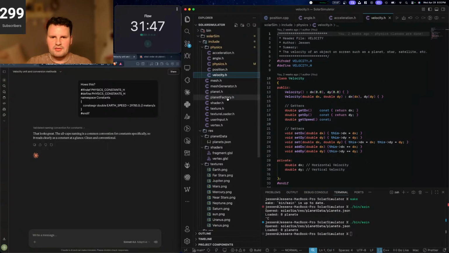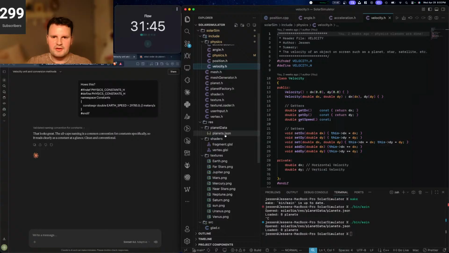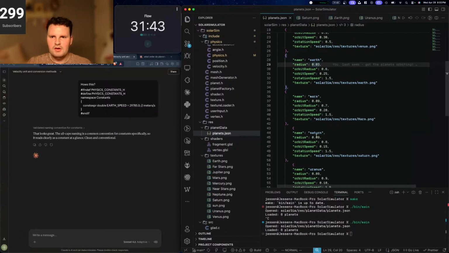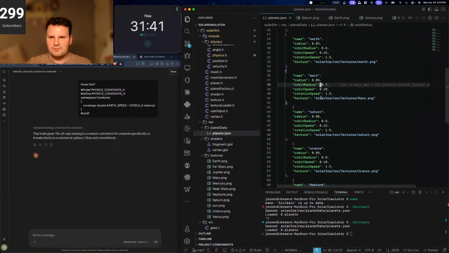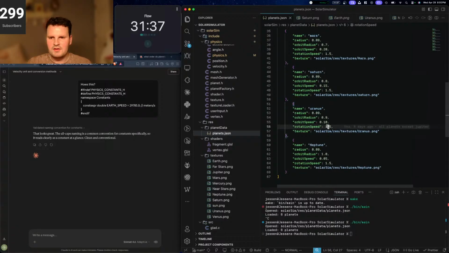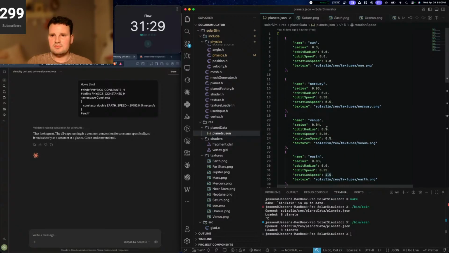So right now if we look at our planets.json, we're storing a bunch of different info, like the orbit radius and the orbit speed of each planet. The only problem right now is we're storing these as floats because OpenGL only uses floats. It doesn't use doubles. And it also has a range of -1 to +1 for a normalized